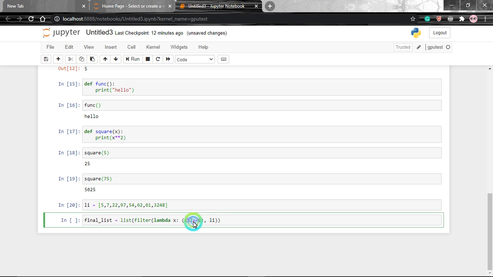What this means is, if x is divided by 2, the remainder should be 0. So the number will be even, because all even numbers divided by 2 give a remainder of 0. So if this statement is true, then it will give true. If this is not equal to 0, then it will give false.